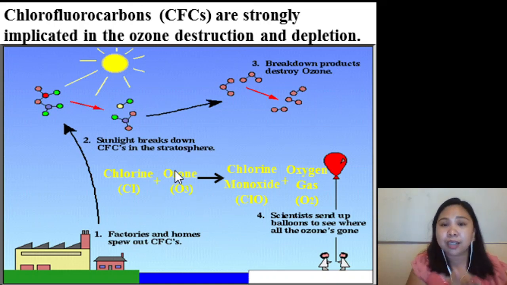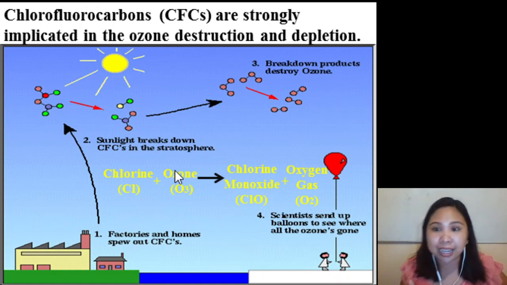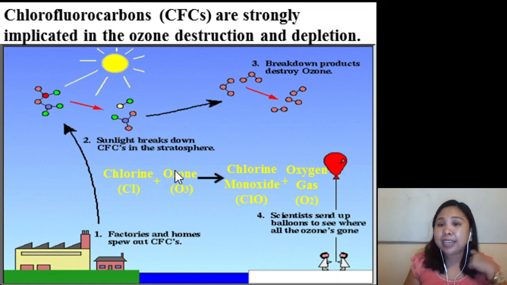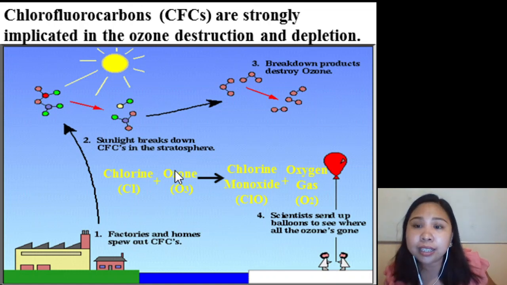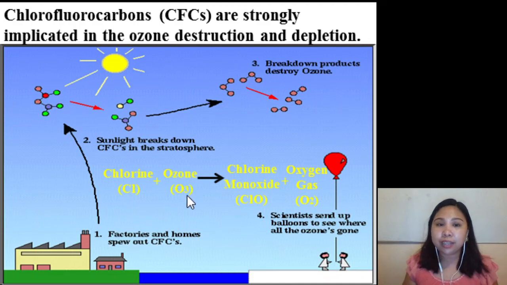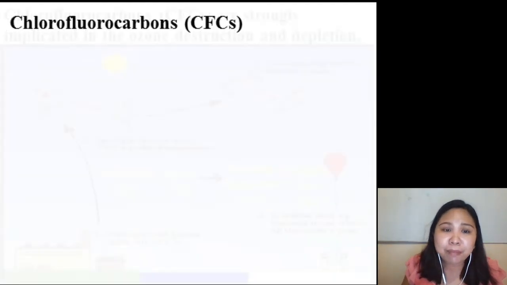And 'di ba, na-discuss ko kanina of how important the ozone layer is. So, without ozone, there will be no life on Earth kasi inaabsorb niya yung 97% of the ultraviolet radiation coming from the sun. Ano po? So, with that, kapag mataas